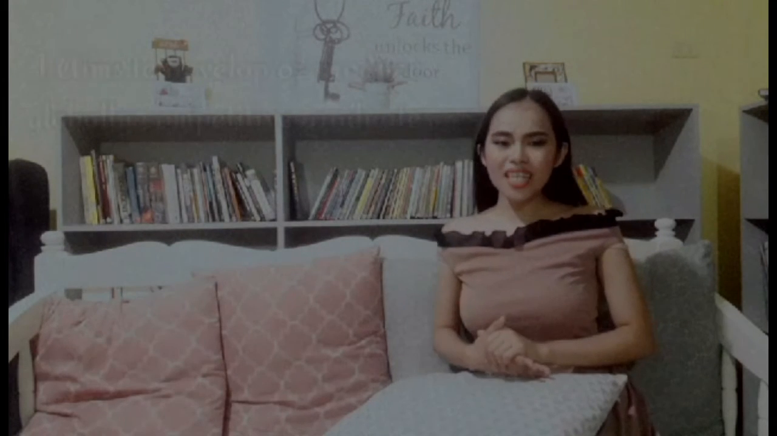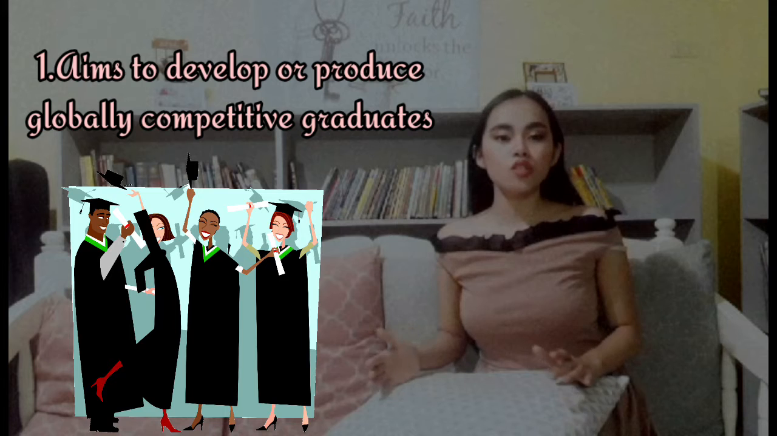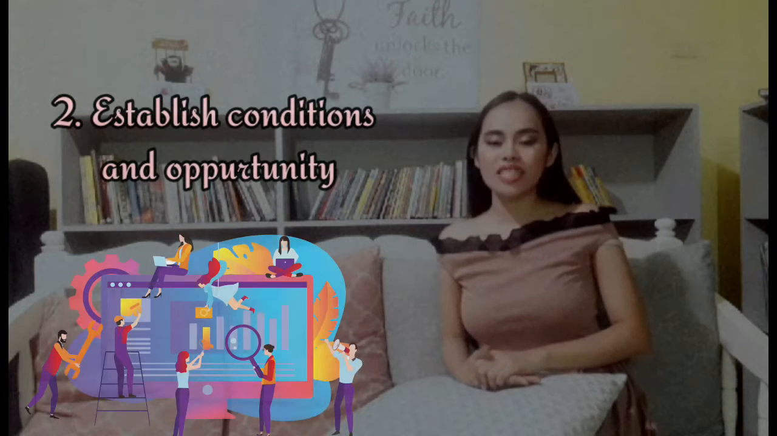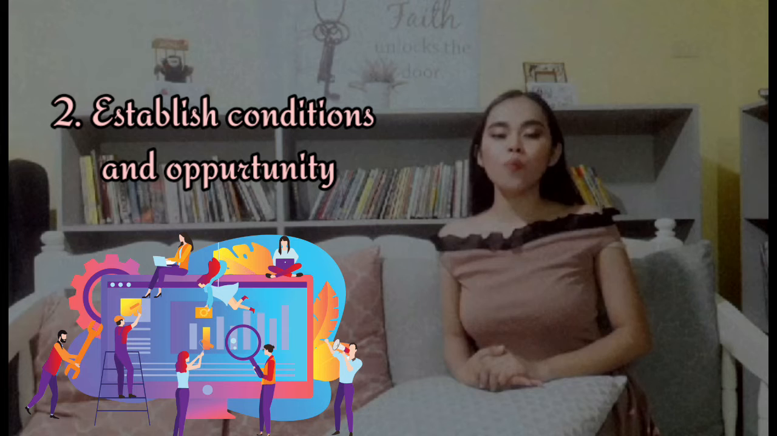Some of its notable objectives that all persons involved must fully and clearly understand are: first, OBE aims to develop or produce globally competitive graduates by helping them focus directly on the process of learning and the final outcome or results. The number two is OBE aims to establish conditions and opportunities within the system to enable and encourage learners to